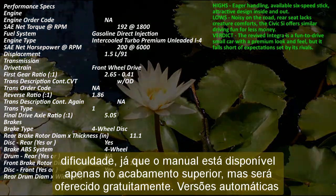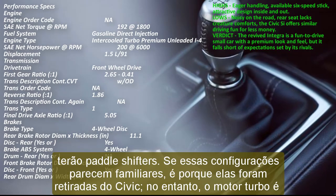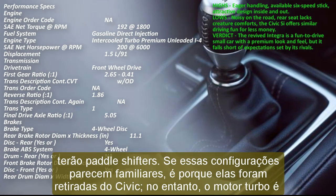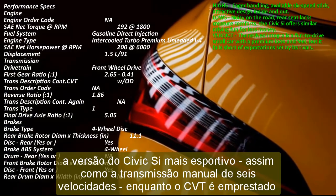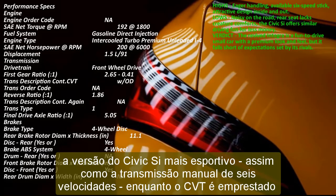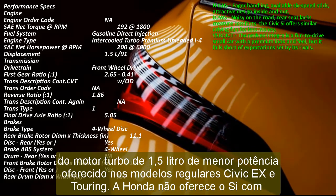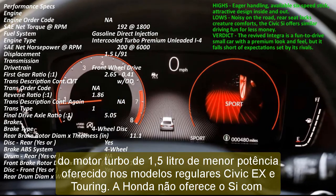It will be a good alternative to those considering a Mercedes-Benz CLA, BMW 2 Series or Audi A3, and it might even steal some buyers from the Civic hatchback, which maxes out at $30,865. While some might bemoan the overall Civic nature of the Integra, know this: the latest Civic is a premium-feeling,